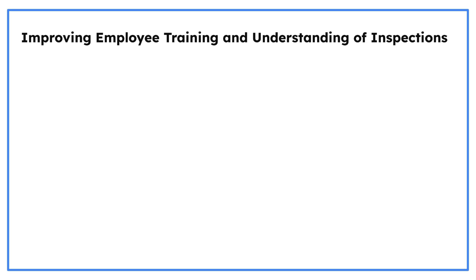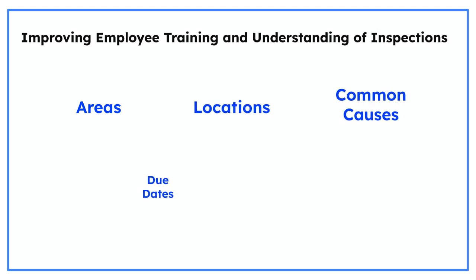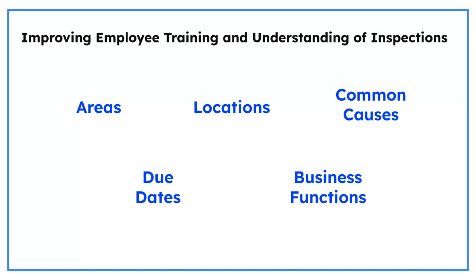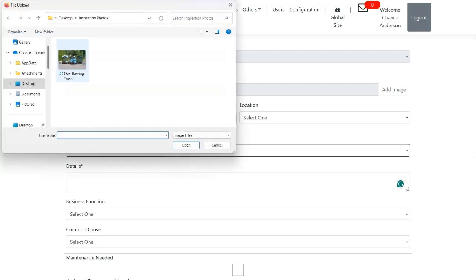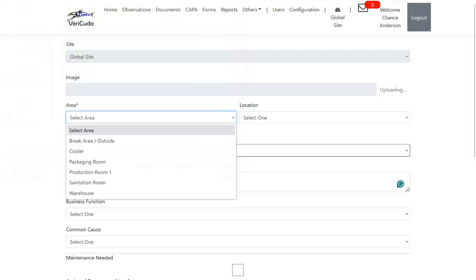An understanding of what is necessary information in inspections is critical to its quality and success. Vericuda offers an intuitive layout which defines areas, locations, common causes, due dates, and business functions, which are configurable on a site-by-site basis. By clicking the Add Observation button in the Observations tab, you'll create a new observation, in which